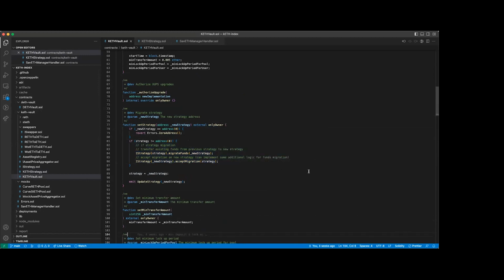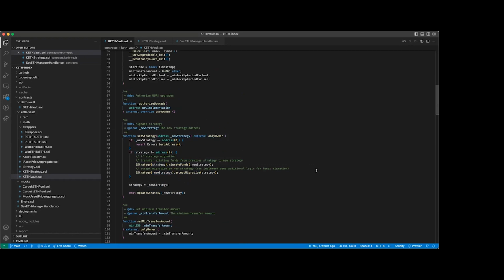An alternative to this is, it's up to whoever's deploying it really. You can also ask people to just remove their tokens. We've deployed a completely different set of contracts, a whole new suite, so go and withdraw and then deposit there. You have two options there. So I guess